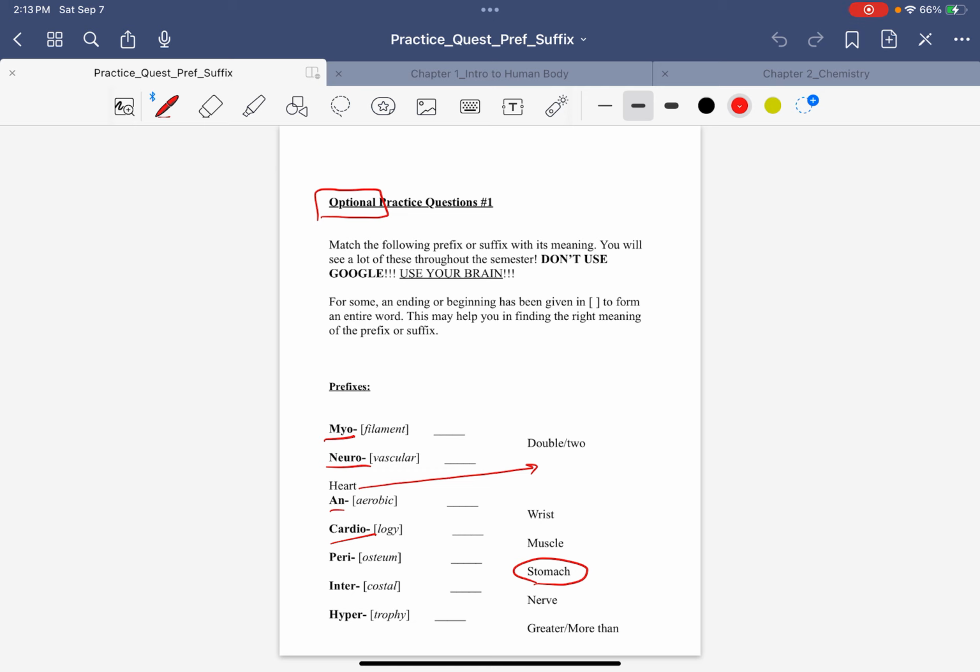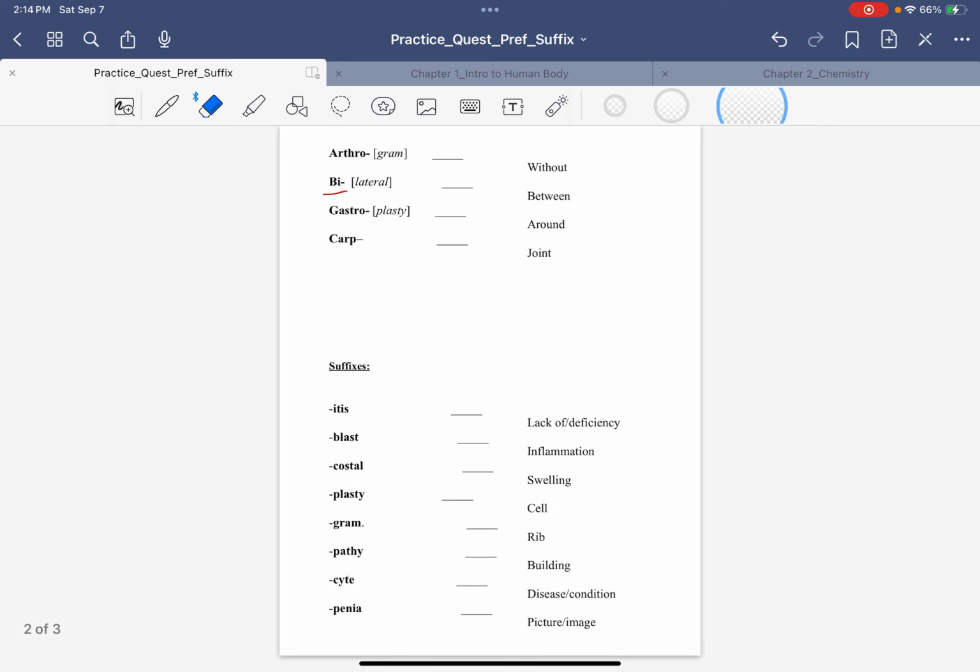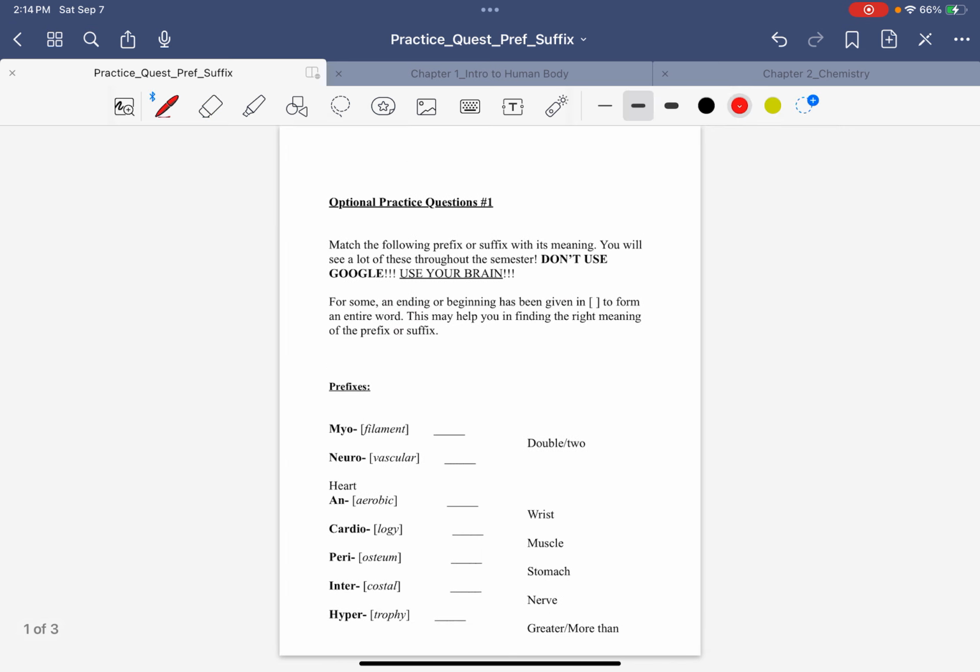Let me erase these. I was working on it earlier. I'm going to be posting some practice assignments. These are not worth any points. I'm going to post this on Brightspace for you. These are not worth any points. It's not extra credit. But if you're looking for things to help you with the material, I encourage you to